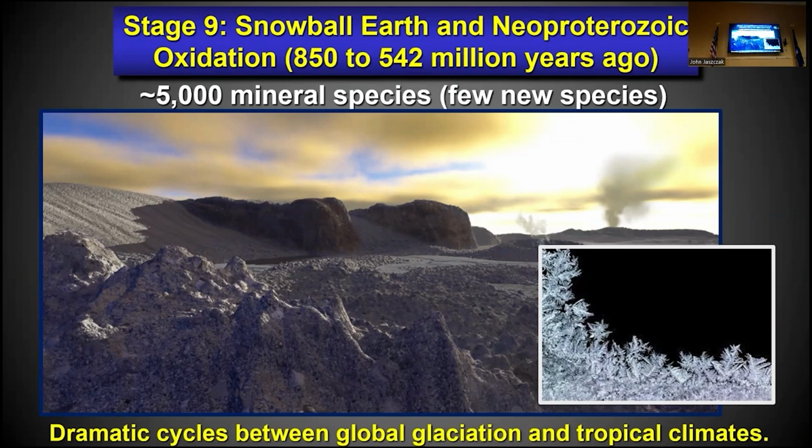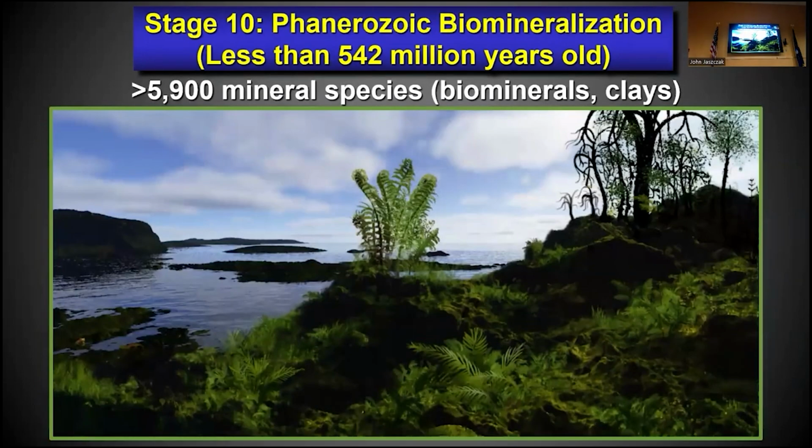But then there are other times the climate got incredibly hot. It swung dramatically from icebox to hothouse, and ice may have gone completely extinct on Earth for some periods of time. And then when it gets cooler, ice comes back. So minerals can go extinct. They just don't necessarily go extinct forever.